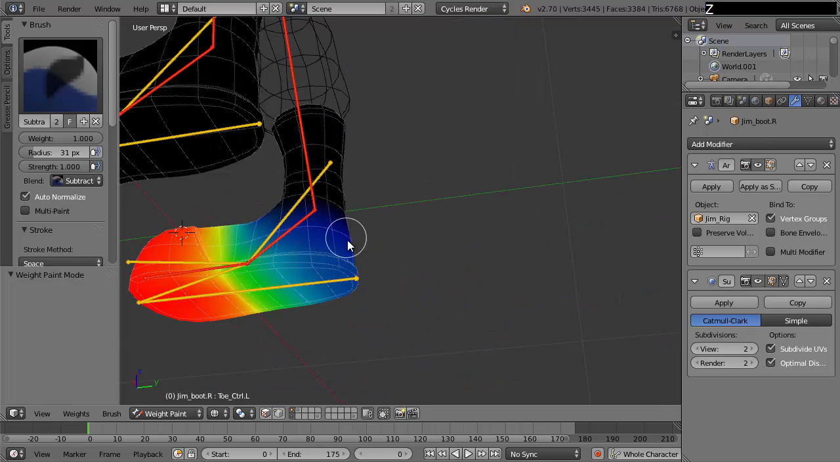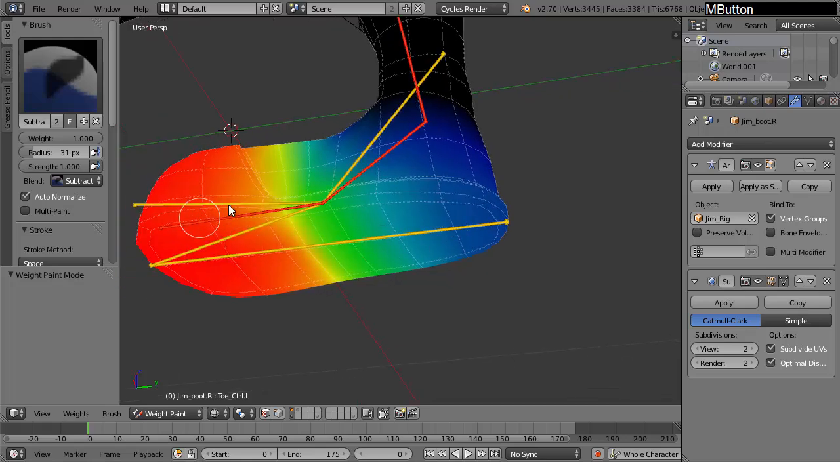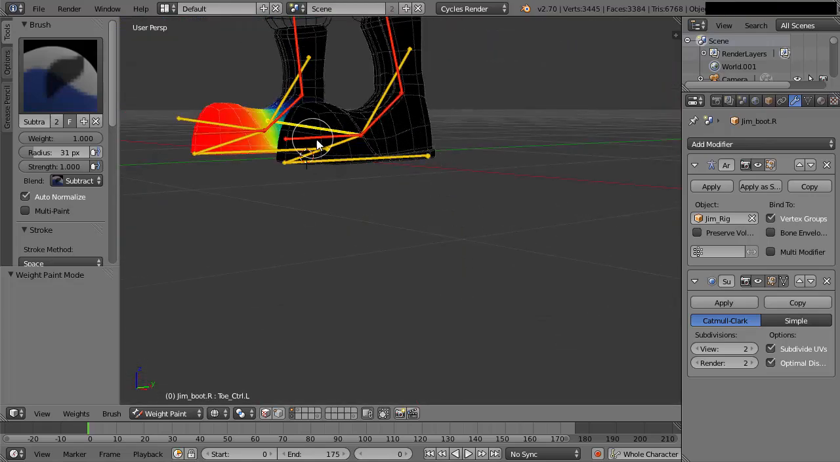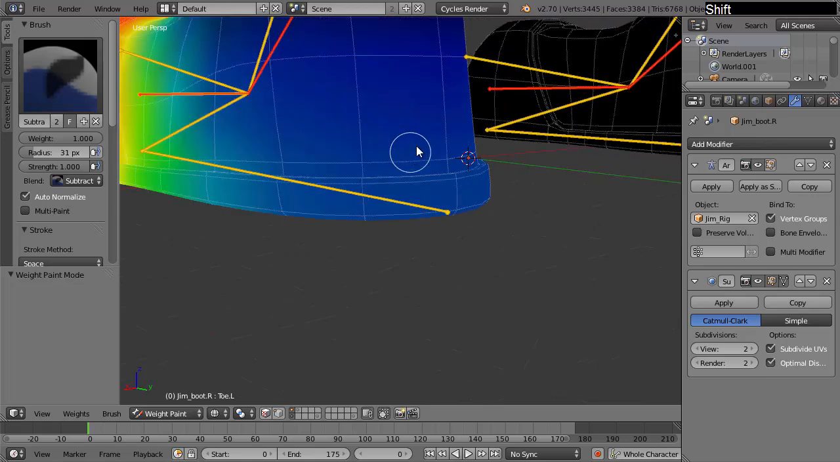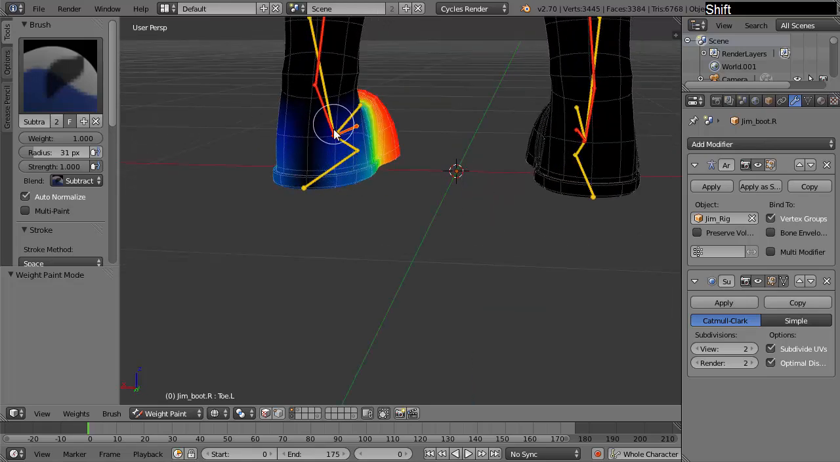Press set actually to have a better view of the vertices. These ones here have a very little effect from this bone, but they shouldn't have any effect at all. So I need to subtract this weight there, and it's happening the same on this boot. So let's actually try if this works in both boots. So let's just delete these few vertices and see if it make